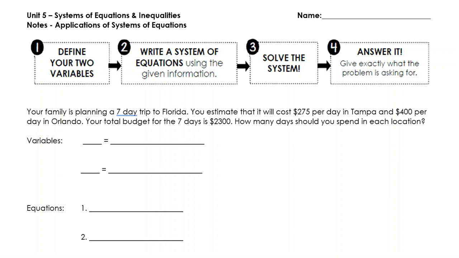And for these, we're usually not going to specify using substitution or elimination, so you're going to be able to choose which method you would prefer to use. The first step anytime we read a question is that we're going to define our variables. So it's going to be really important that we state what those variables represent, so that at the end, when it's time to give our answer, we make sure we give the correct numbers for the correct labels and answers,